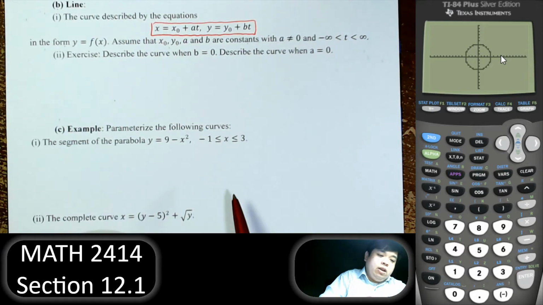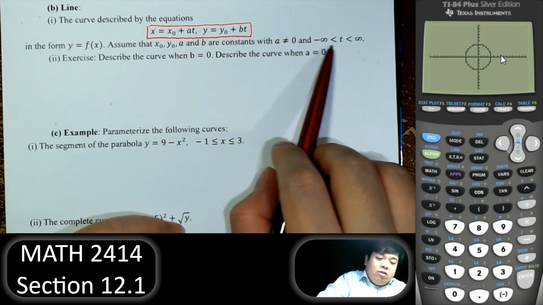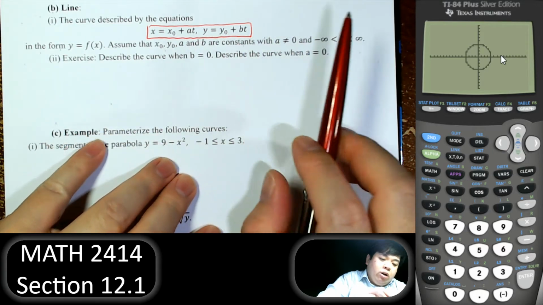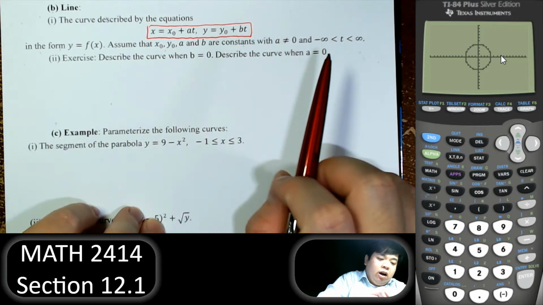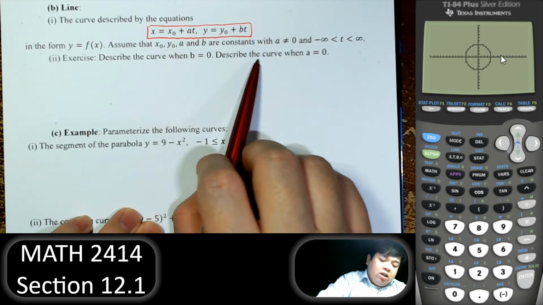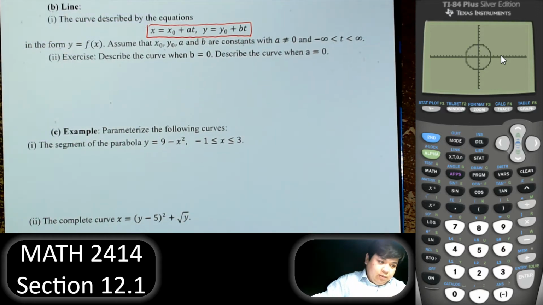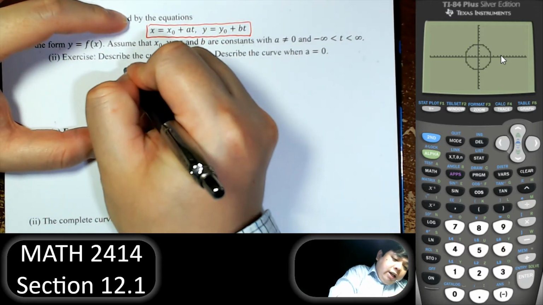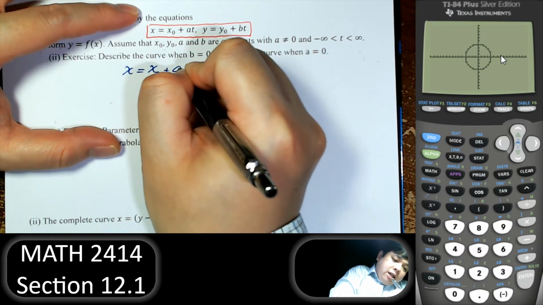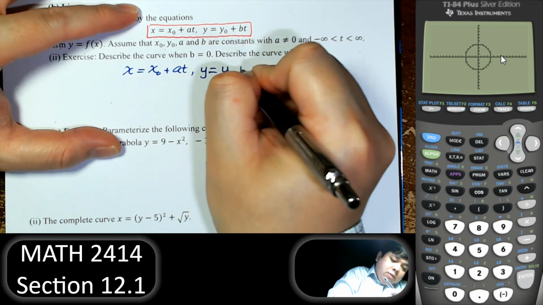This is a line. And if we want the whole line, we can say from negative infinity to infinity. And x0 and y0 is just a point on the line. Right, next, describe the curve when b equals 0 and describe the curve when a equals 0. Now let's look at this equation. If we have x equal to x0 plus at and y equal to y0 plus bt,